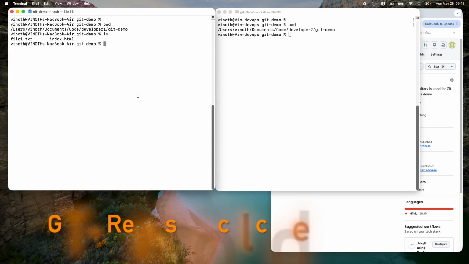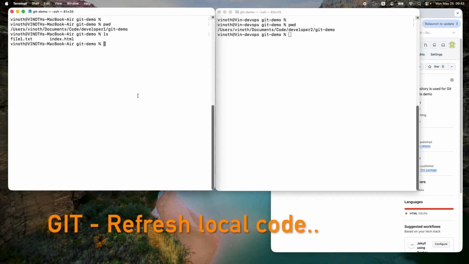In this one, I want to show how to refresh the local code. Two screens are there, two windows are there. In one, developer 1 has cloned the repository code, and on the right-hand side, developer 2 has cloned it as well. Now I am adding a new file in the developer 1 local